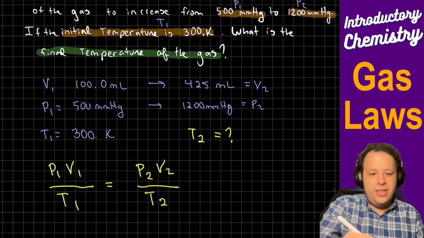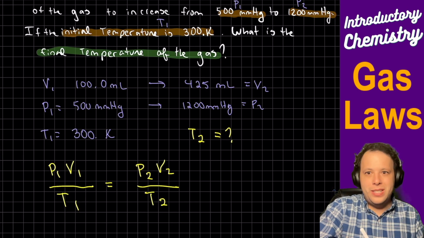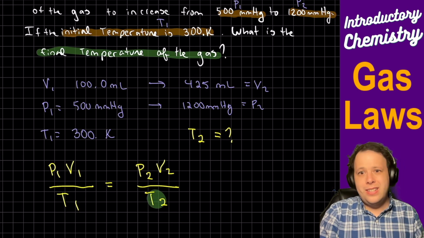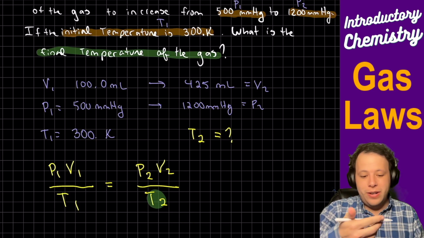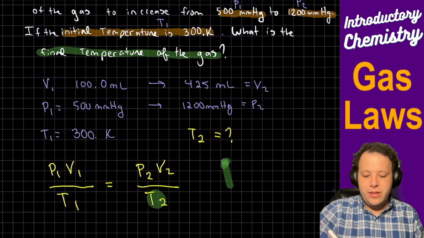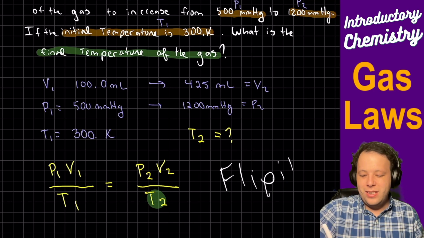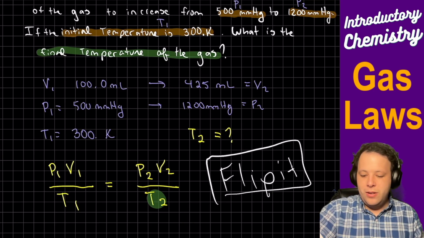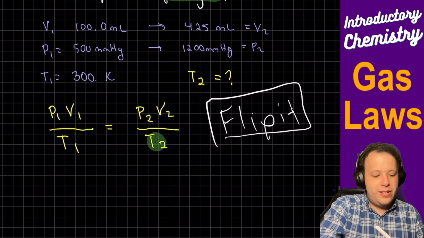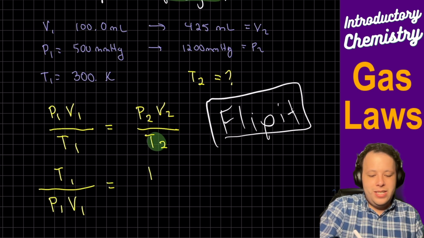Now, one thing you might have seen in my previous video: T2 is on the denominator. Is there an easy way to get this by itself? This is where we'll invert it. We're going to flip it. I don't know why I'm using the highlighter there. But we're going to flip this, then flip the script. So when we flip it, what that's going to become is T1 over P1 V1 is equal to T2 over P2